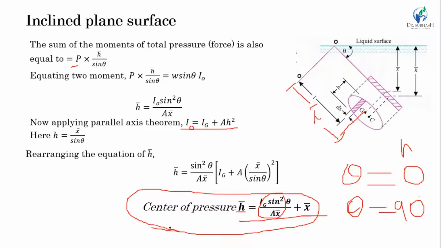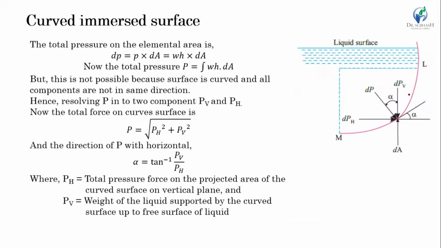Now we will move on to the curved surface, and we will derive the equation for both parameters, say total pressure and the location of center of pressure. Here we can see in the figure, it is the curved surface, which may be many times seen for a dam. Here, this is the free surface of liquid. Here again, let's consider the intensity of pressure on a small area, which you cannot see here, but the small dot is the small area you can consider.